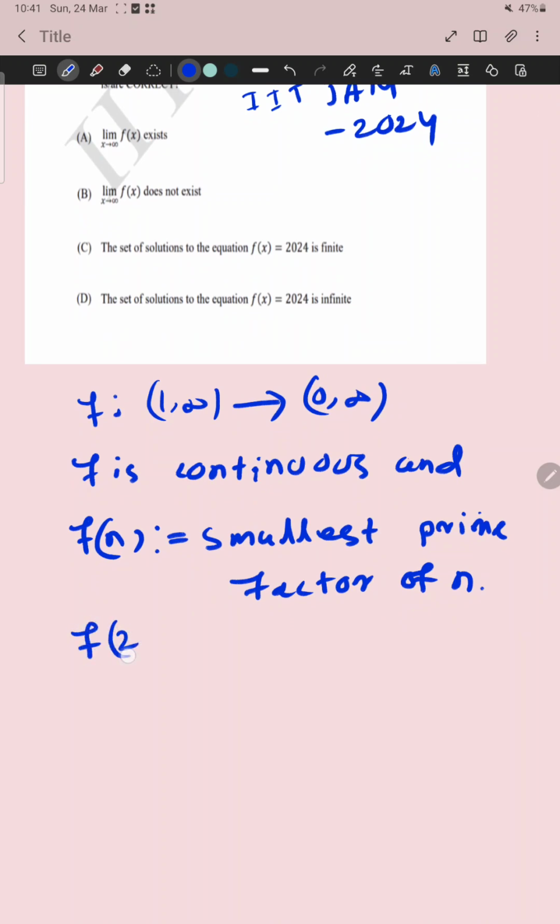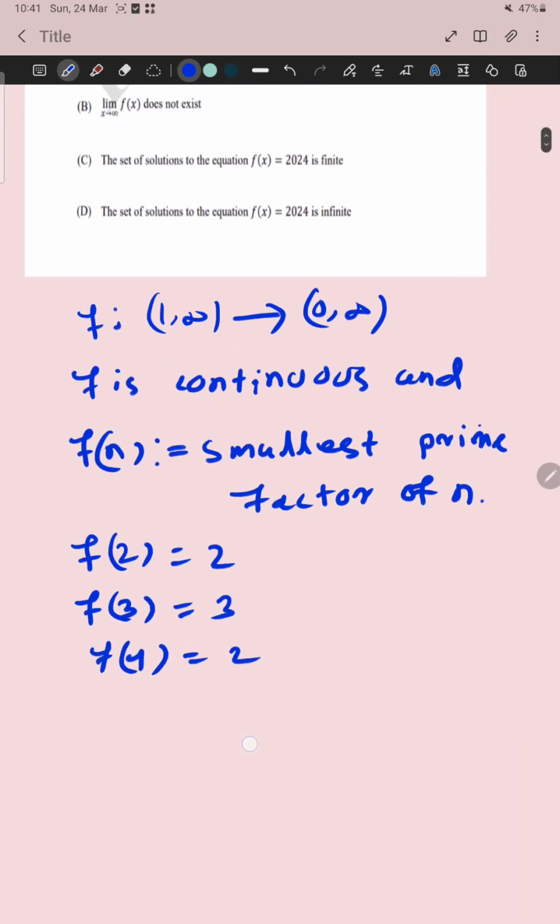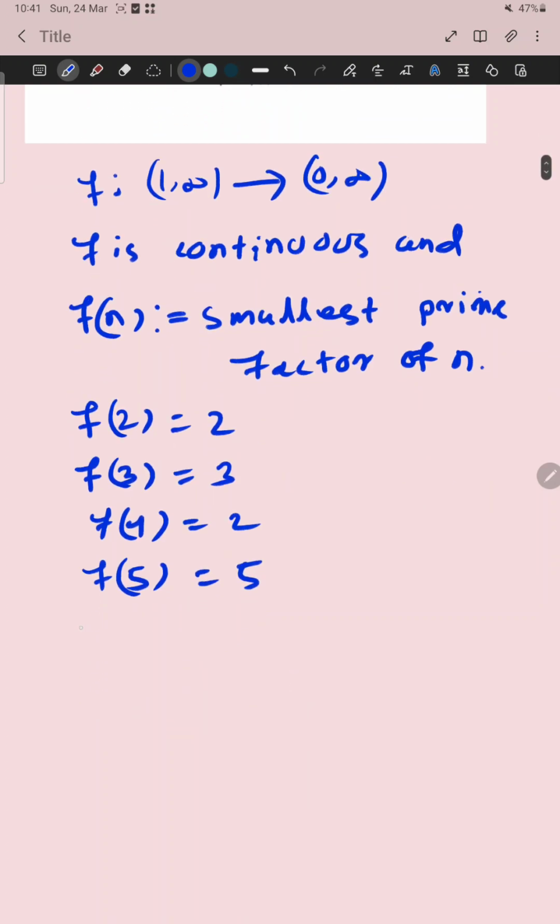If we take n equal to 2, it gives f of 2 equal to 2 because 2 is the smallest prime factor of 2, and f of 3 is equal to what? f of 3 is equal to 3. f of 4 is equal to 2 because 2 is the smallest prime factor of 4, and f of 5 is equal to 5. If we observe these examples, we can conclude a very interesting property which will help